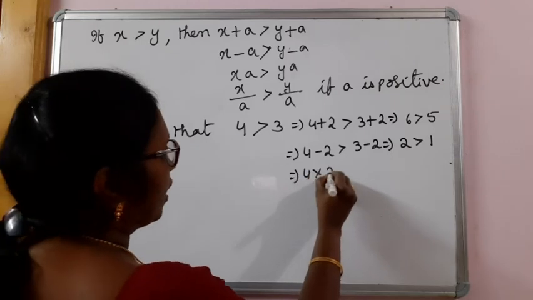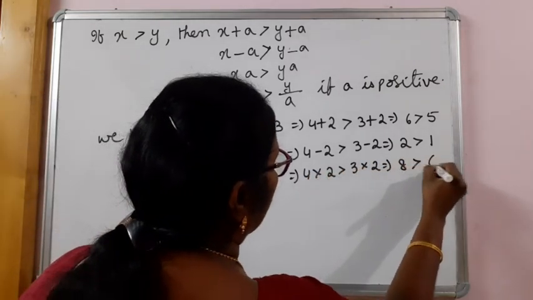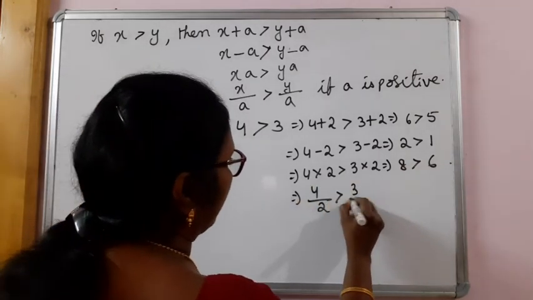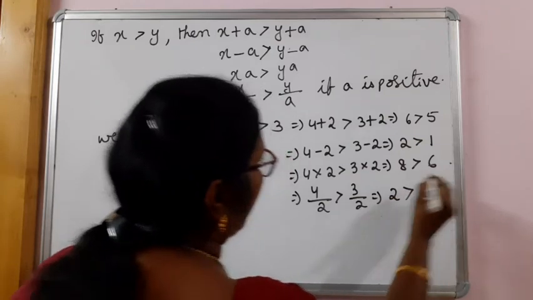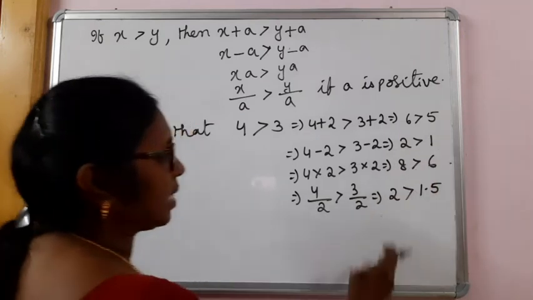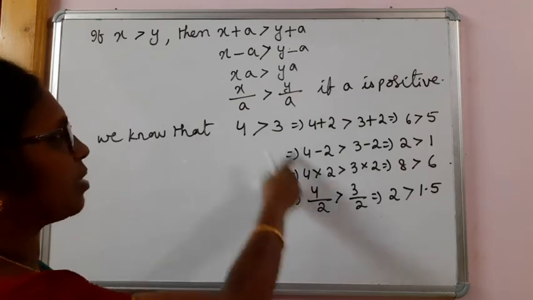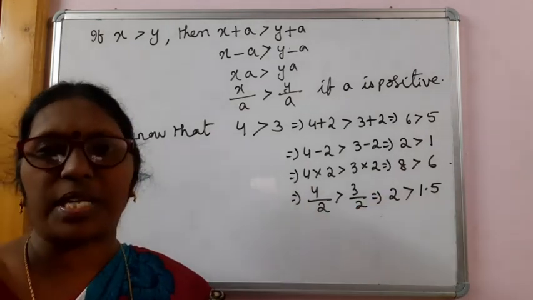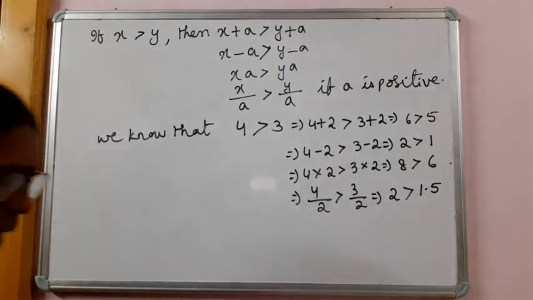Same way, 4 into 2 is greater than 3 into 2. 4 2s are 8 is greater than 6. Same way, 4 by 2 is greater than 3 by 2. 4 by 2 is 2 is greater than 1.5. Yes, 6 is greater than 5, 2 is greater than 1, 8 is greater than 6, 2 is greater than 1.5. So when we add both the sides of the inequation by a positive integer, the sign of inequality is not changing. And your second property is,